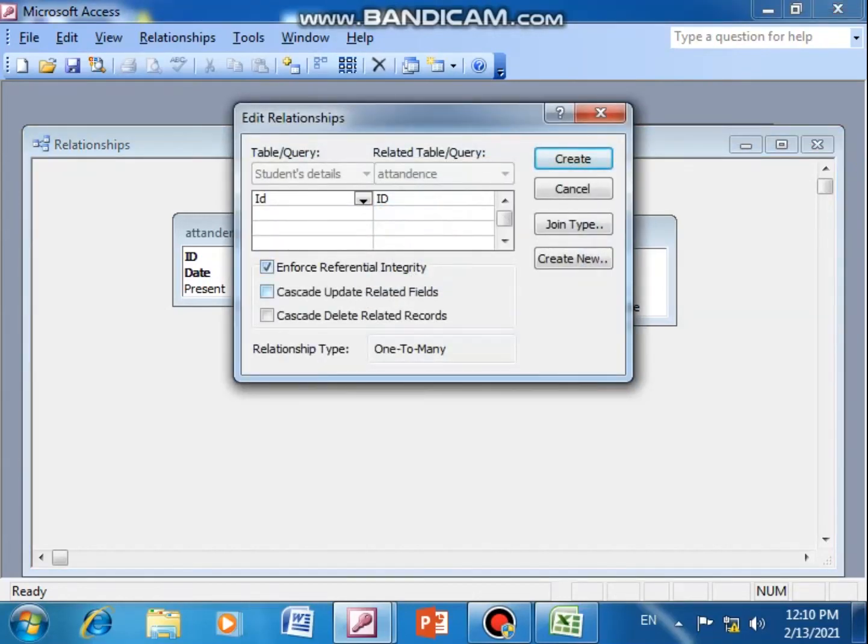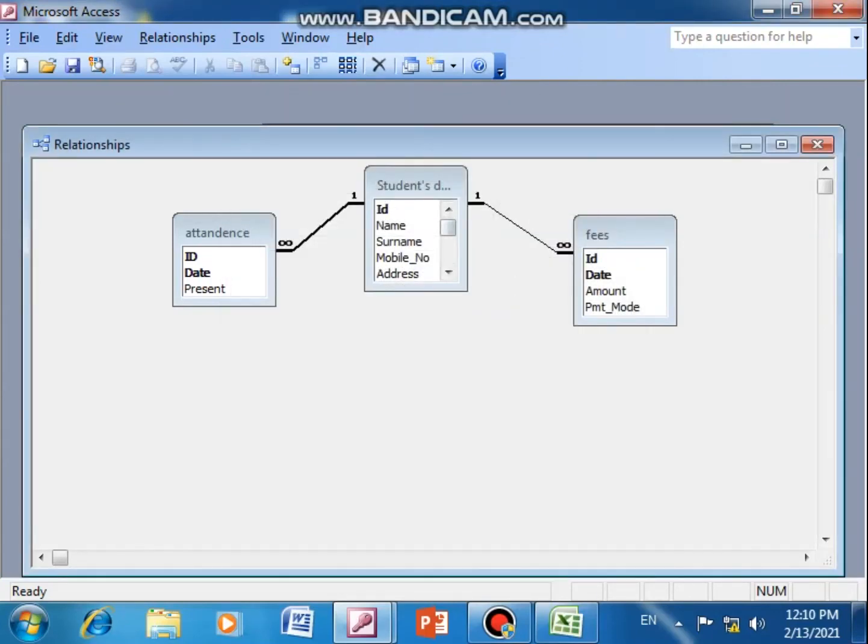Again I do the same thing here. Now why one to many? Because the ID number will be repeated only once in the student record, but fees he will pay any number of times, so there it will be repeated. So this relationship is known as one to many. So in this lecture we keep up